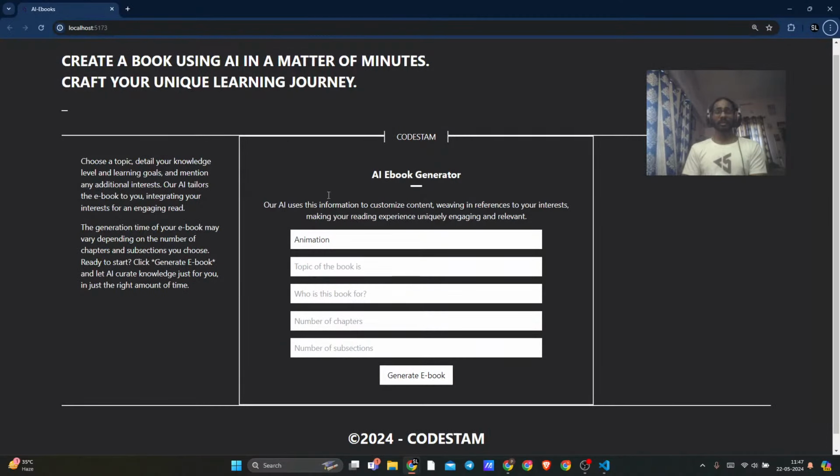Okay, so this is the interface that we are talking about. So we have a topic of the book. This is the title of the book. Okay. And then what is the topic of the book? So basically, if we are talking about animation, and if I say computer science, and who is this book for? So basically it is for students in high school. Okay, if we say that,